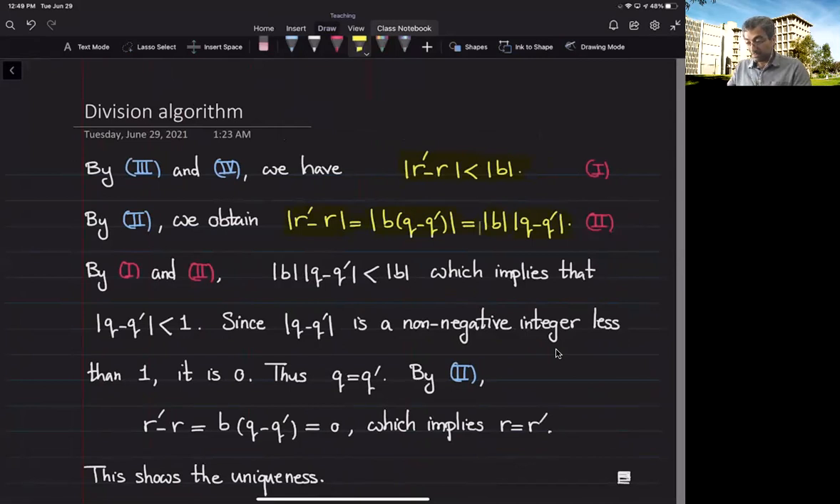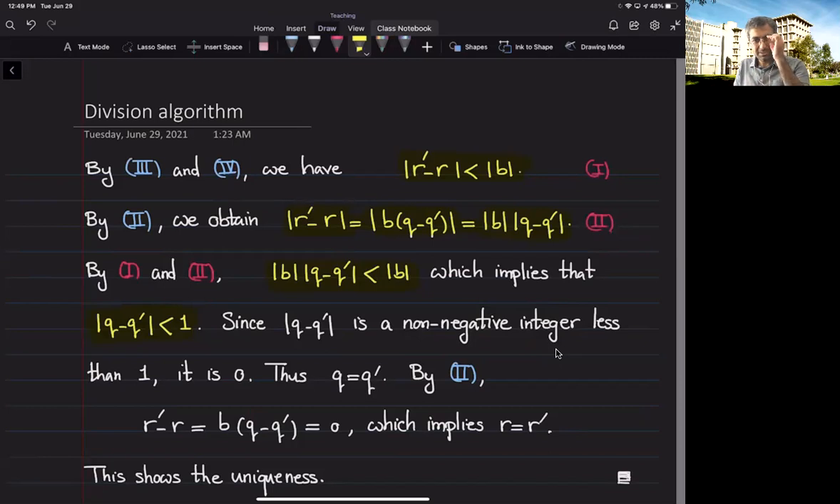So this means that this product is strictly less than the absolute value of b. The absolute value of b is a positive integer, since b is non-zero. I can cancel it out from this inequality. I deduce that this non-negative integer, the difference between q and q prime,